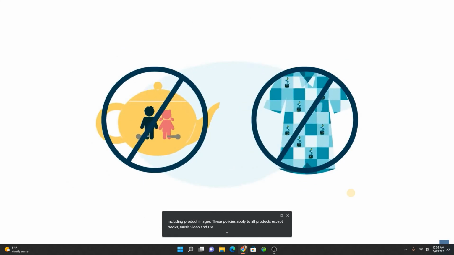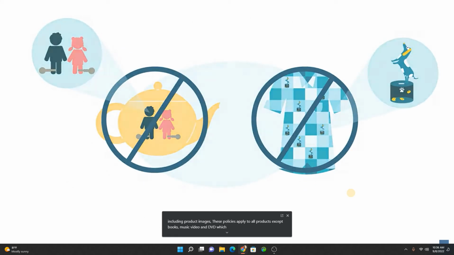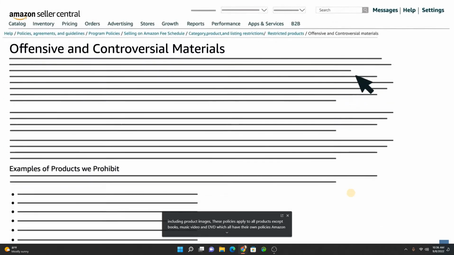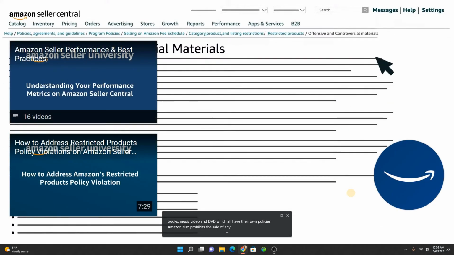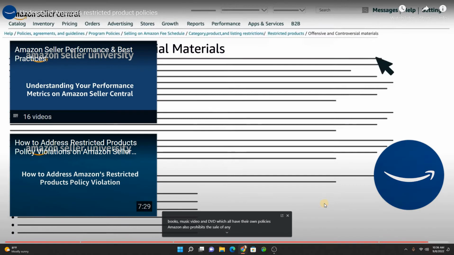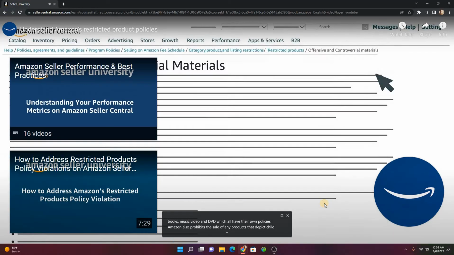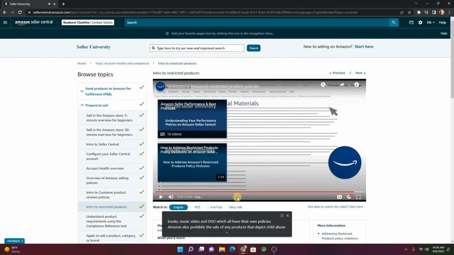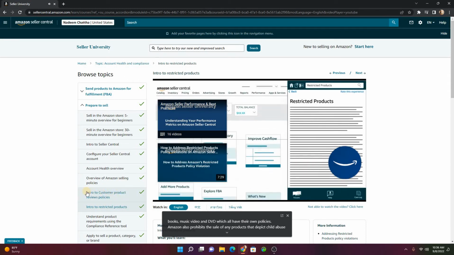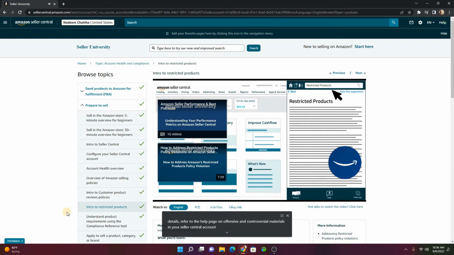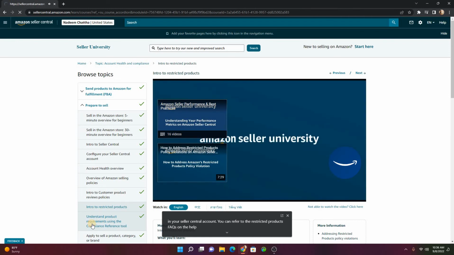Amazon also prohibits the sale of any products that depict child abuse or exploitation. For more details, refer to the help page on offensive and controversial materials in your Seller Central account. You can refer to the Restricted Products FAQs on the help pages of your Seller Central portal for additional information. This wraps up your video on